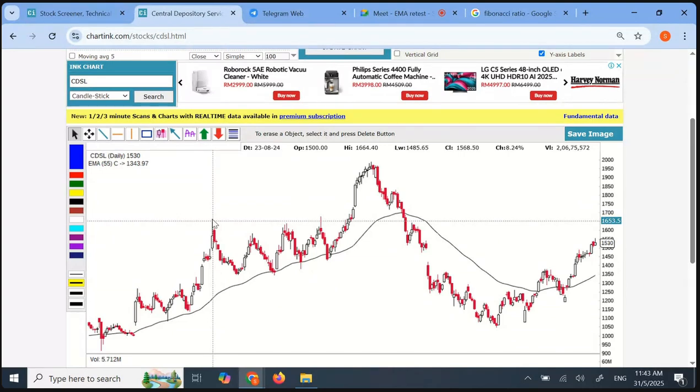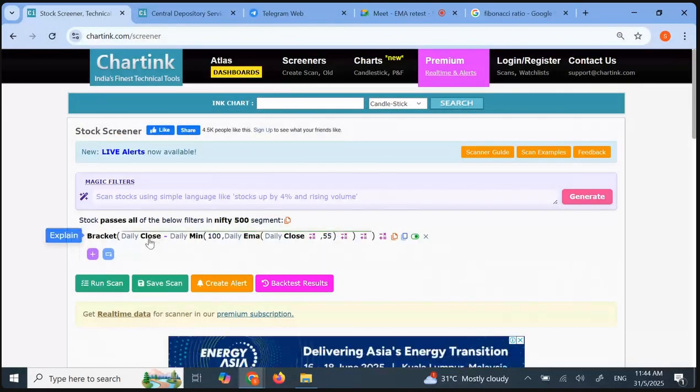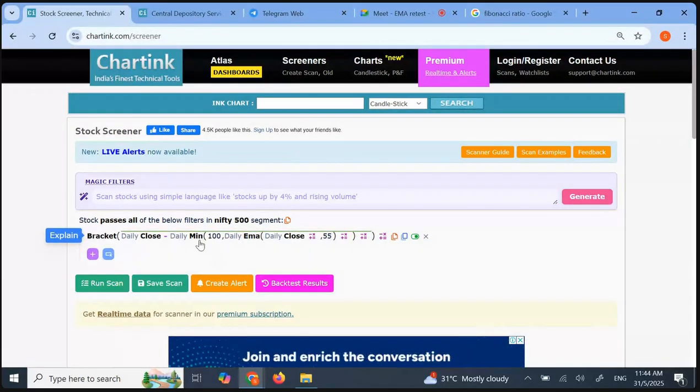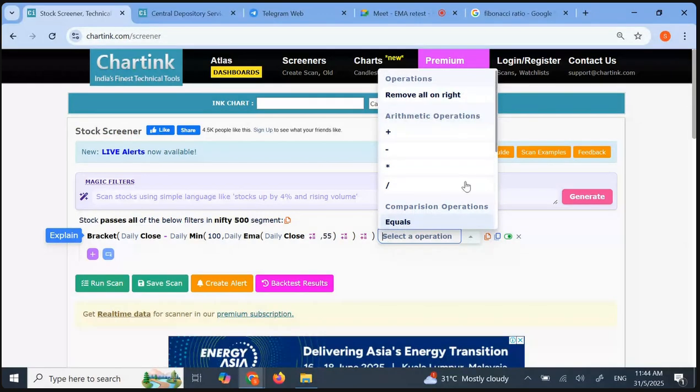If it has moved 65%, let us try to catch this point first. So we take the difference between the price and the minimum of the EMAs in the last 100 days, and I want the difference to be at least